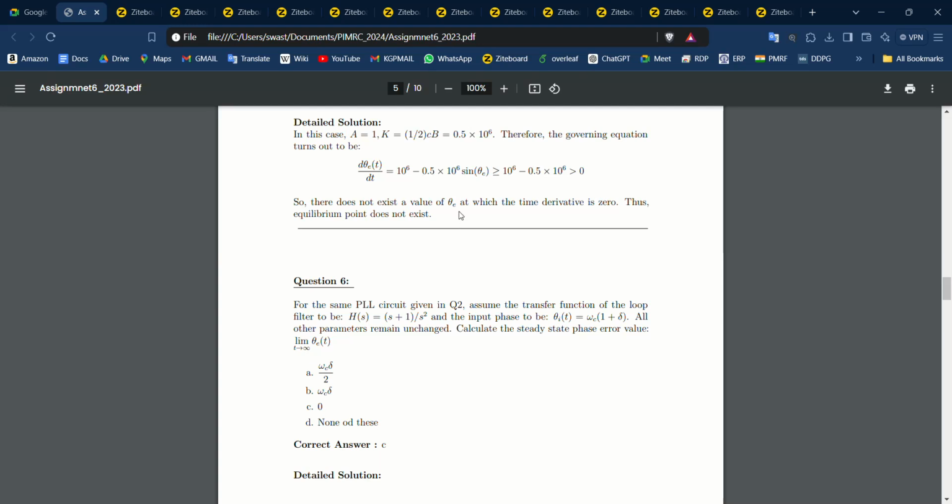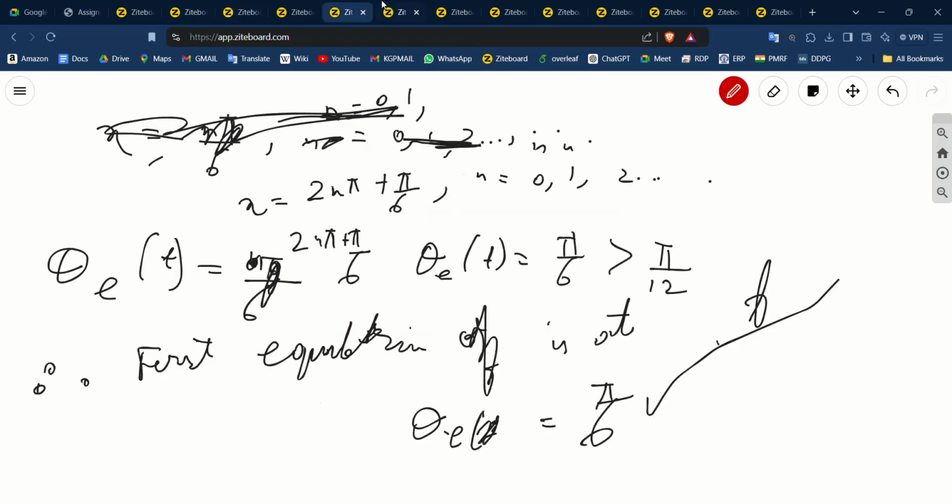Now in question number 6, for the same PLL circuit given in question 2, assume the transfer function of the loop filter to be H(s) equal to (s plus 1) by s squared, and the input phase to be theta_i(t) equal to omega_c into (1 plus delta). All other parameters remain unchanged. So calculate the steady state phase error value. So we will go back to